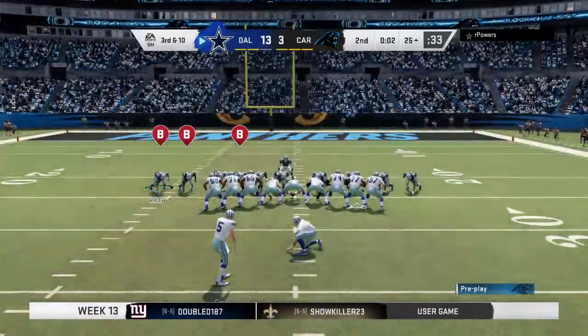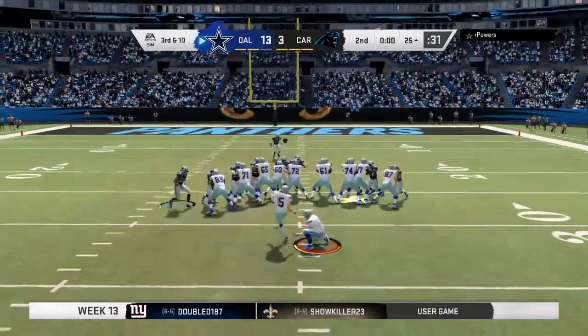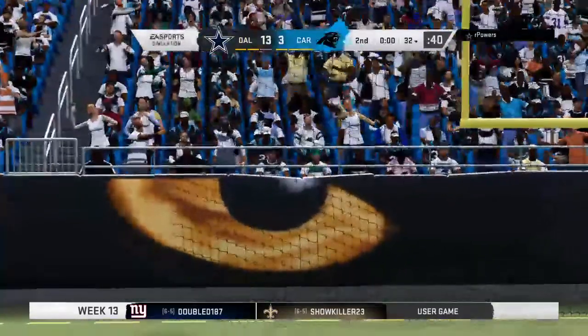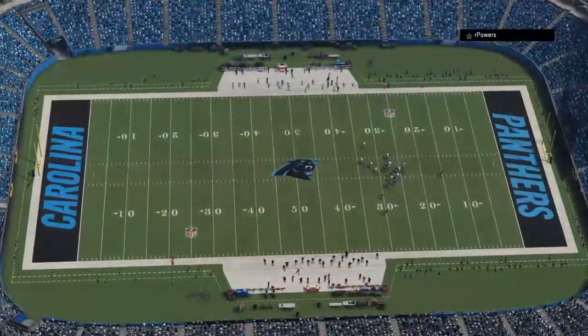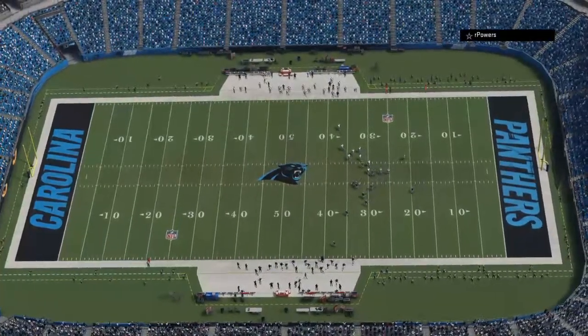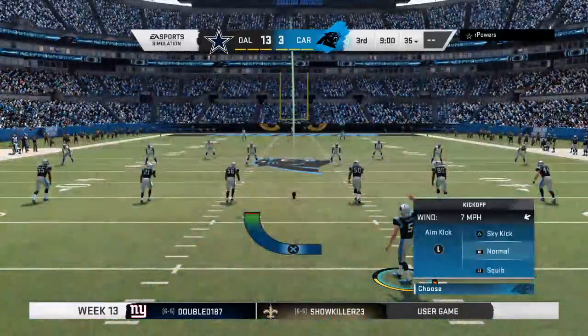So with 2 ticks left here in the half, on is the field goal unit. Right hash mark, a 42-yard attempt. And that is no good. And this score will stay right where it is. So we reach halftime here in a 10-point game. As we'll send you down the coast now to Orlando, that's where we find Jonathan Coachman ready with our EA